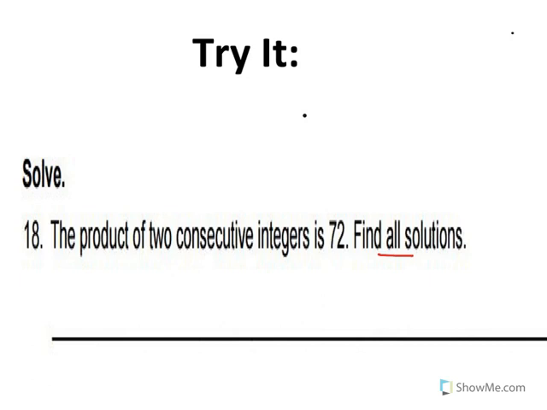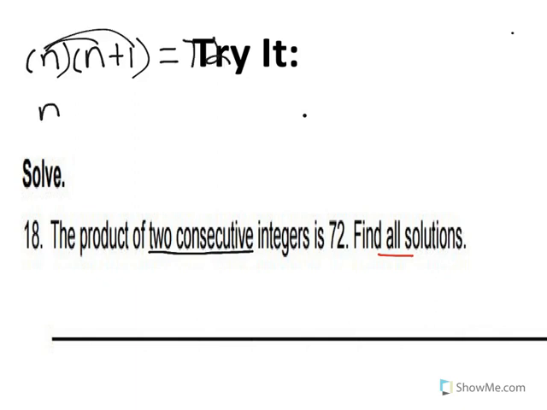Right, okay, so another clue here is that we said two consecutive integers. That means one integer after the other. So we can call our first integer n, and the consecutive integer will be n plus 1. And the product means times, so the answer is 72. So use FOIL, so we have n squared plus 1n equal to 72. So move the 72 from the right over to the left, so we have n squared plus n minus 72